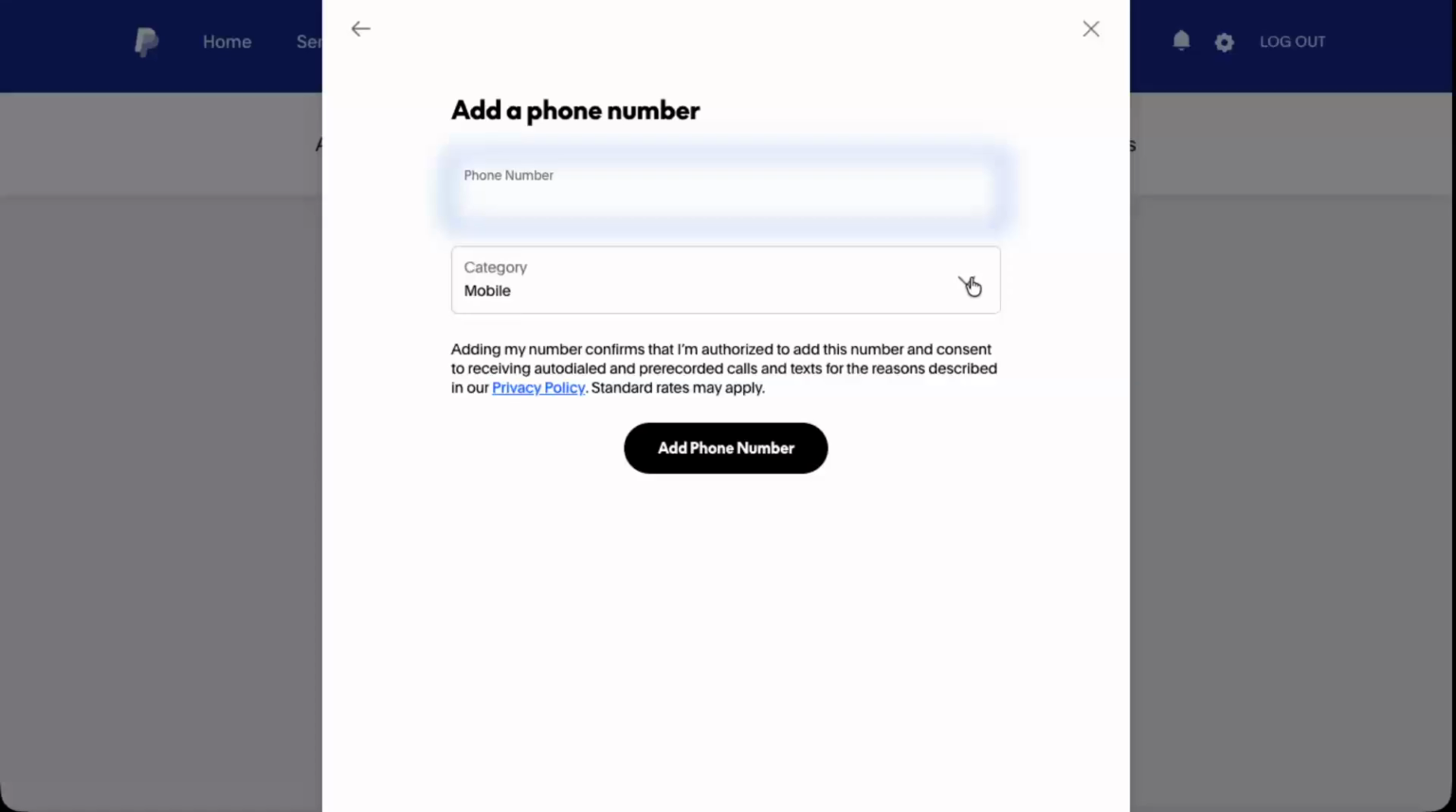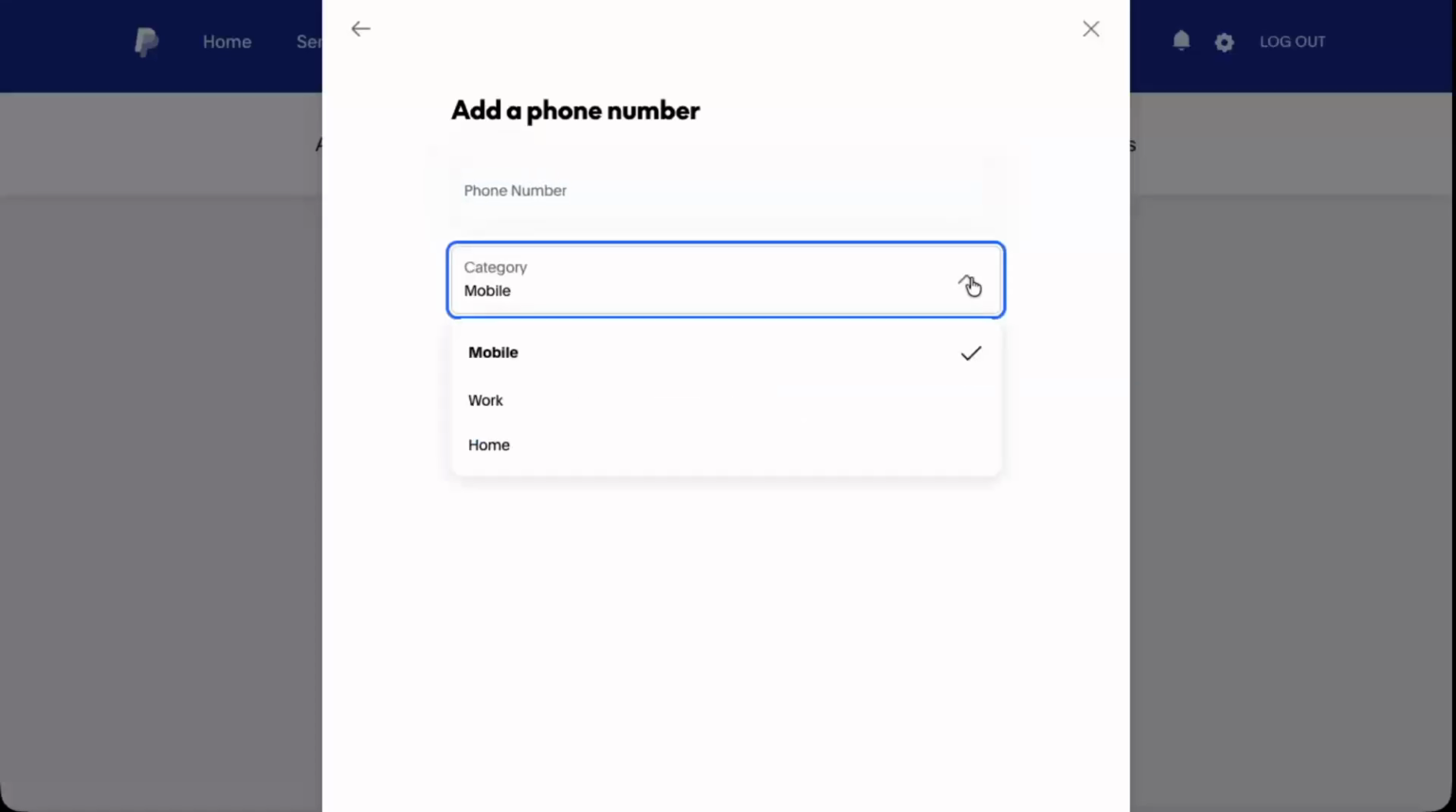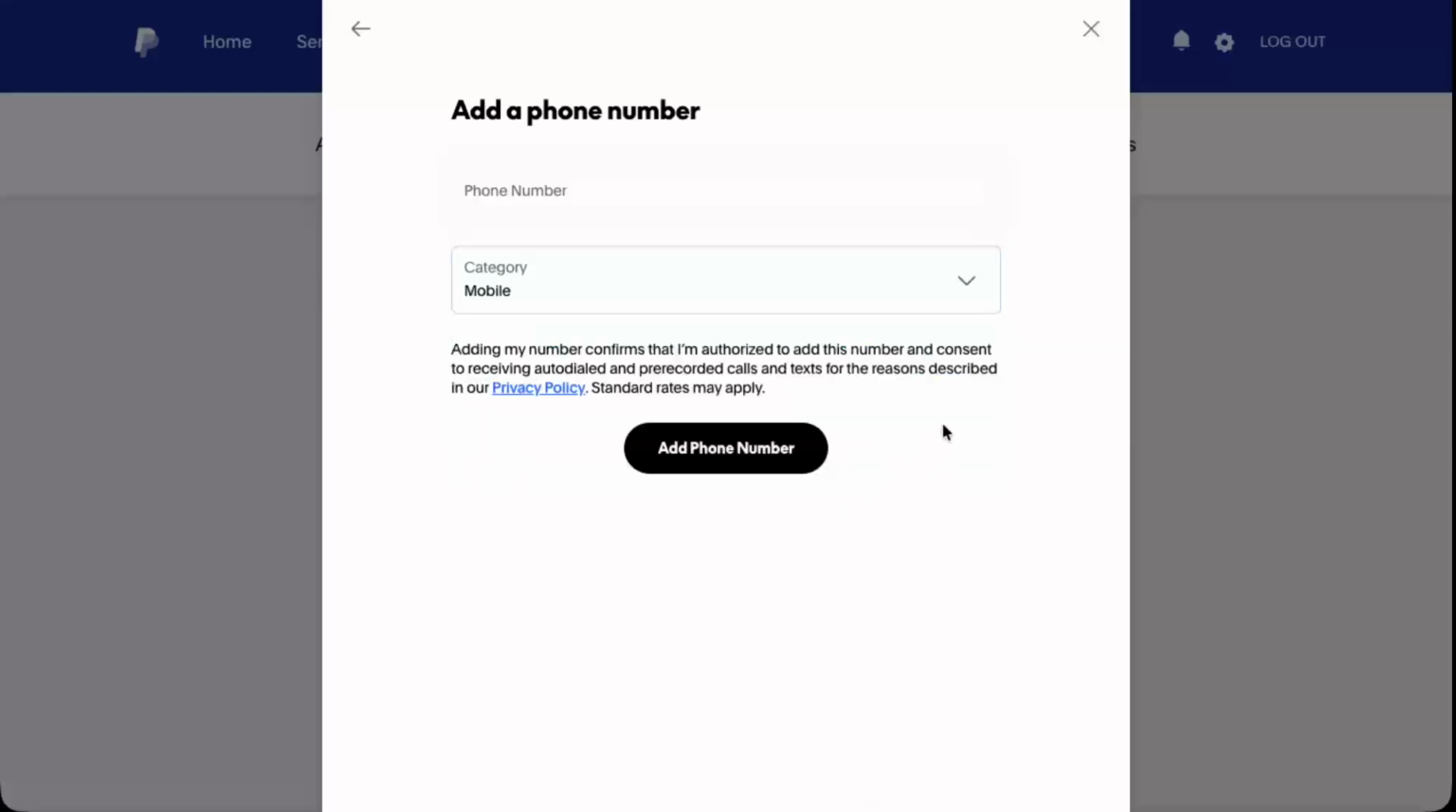Below or next to the phone number field, you'll see a drop-down menu that lets you choose the type of phone number you're adding. Click the drop-down and select whether this is a mobile, home, or work number. If you plan to use this number for text message verification, it's best to choose mobile, assuming it's a cell